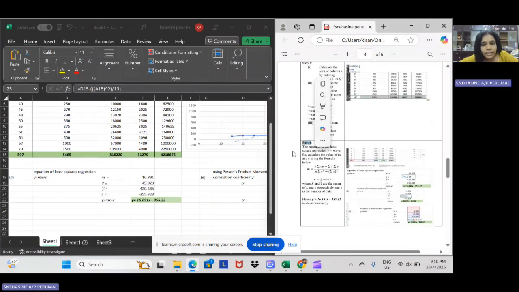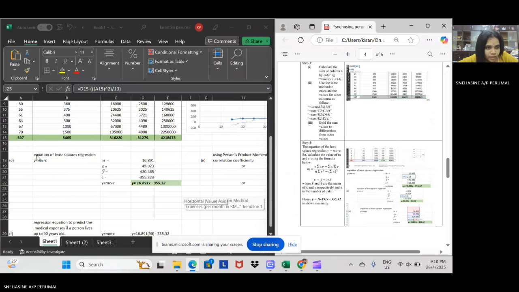Okay, let's move to step 4. Step 4 is the equation of the least square regression, y equals mx plus c. So calculate the value of m and c using the formula below. Okay. The equation of the least square regression is y equals mx plus c. Okay. For the m,